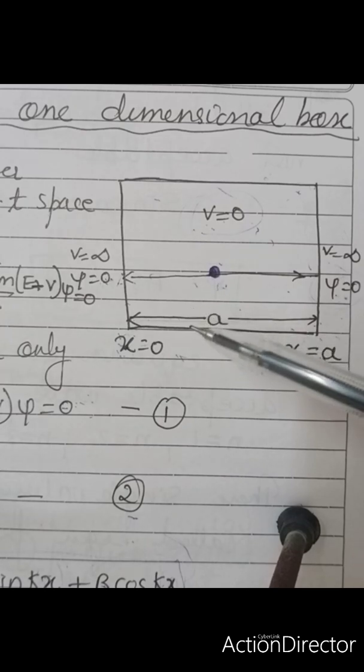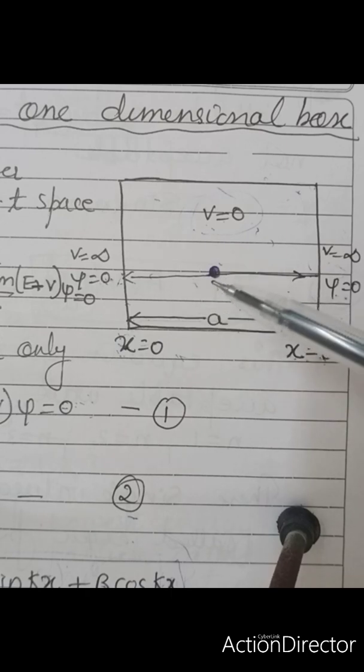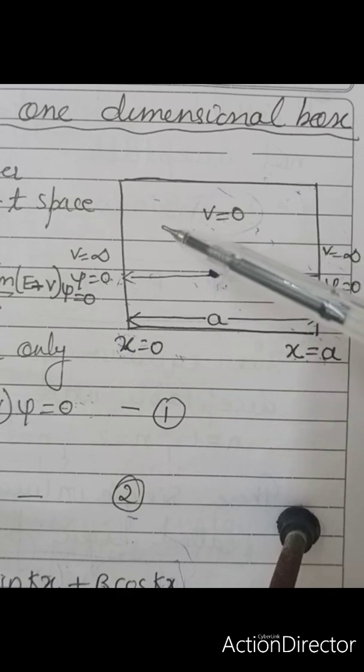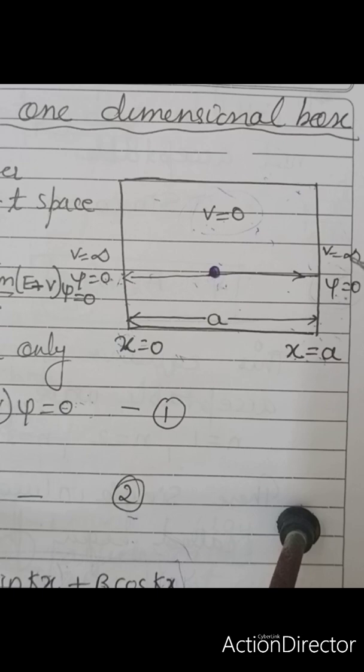By free particle, we mean that the potential energy is the same everywhere. So in that case, we will be considering the potential energy zero. It is not exactly zero, but we are taking it as zero because the potential energy is the same everywhere; it is not changing. And when we talk about the potential box, that is a system in which the potential energy will be zero within a closed region, and it will be infinite everywhere else. That is known as the potential box.